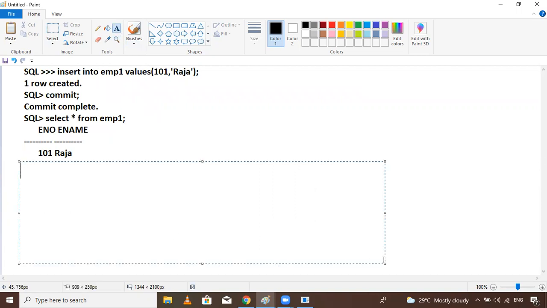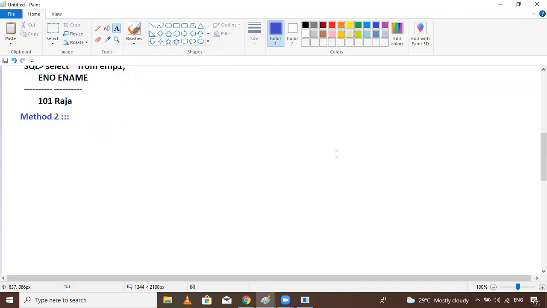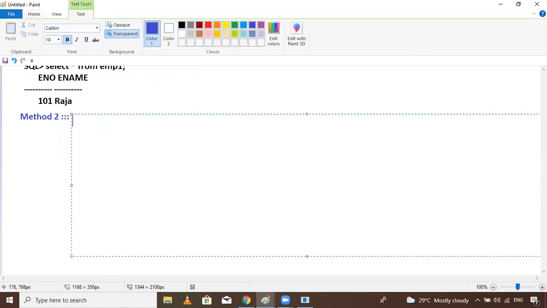The second method is by using one operator, called the substitutional operator.